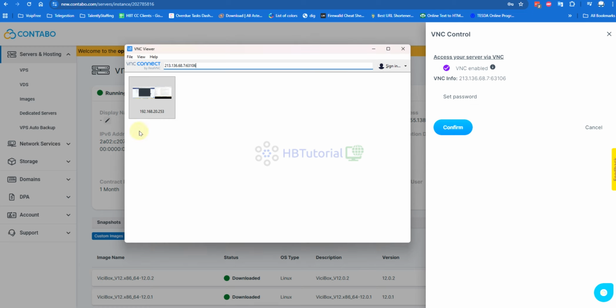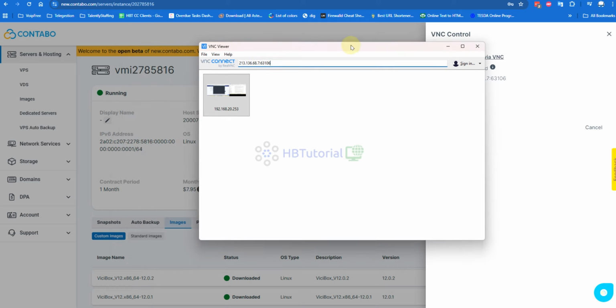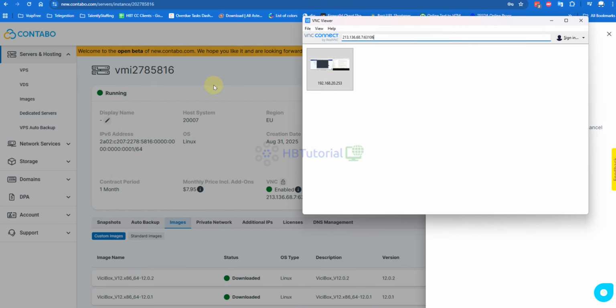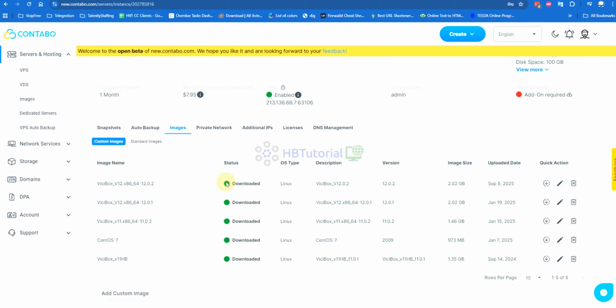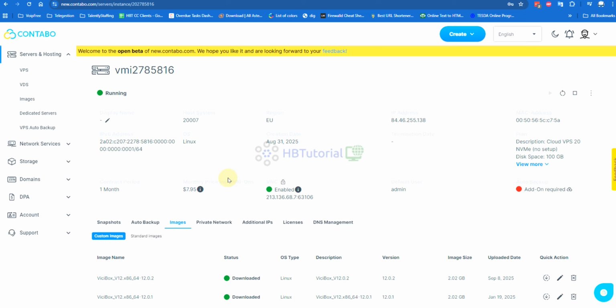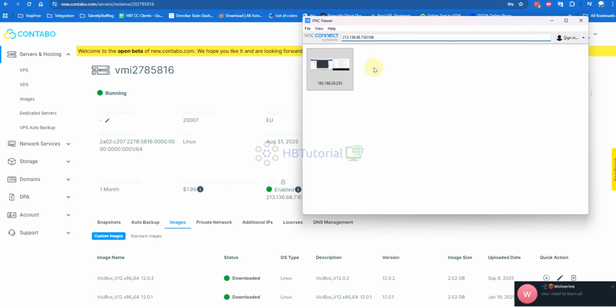I'm getting disconnected, so I'm not sure why. Maybe we need to wait, or I think it's because the server is getting restarted.